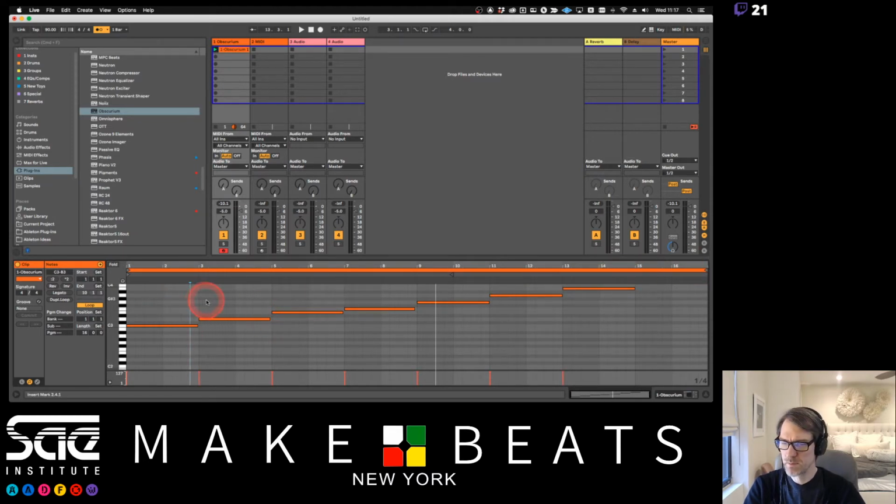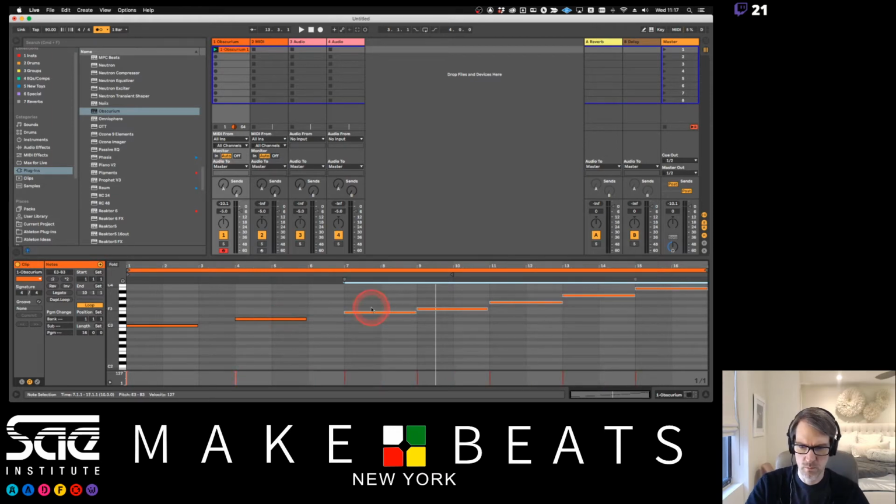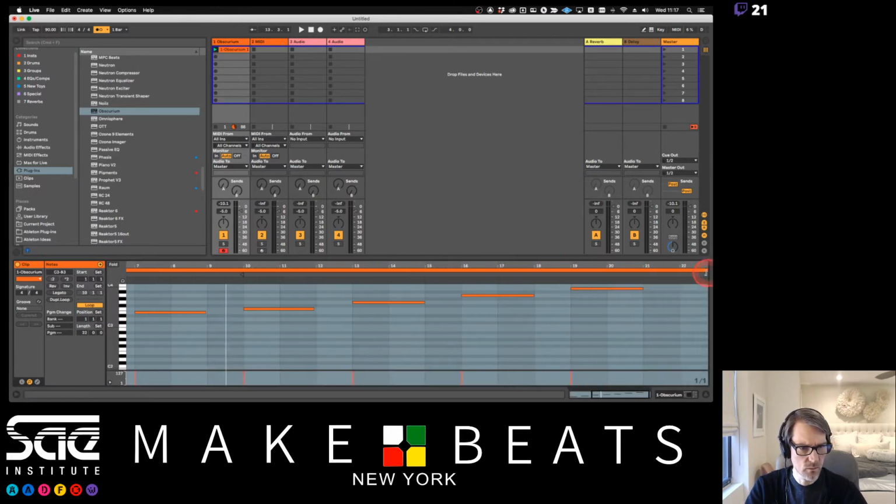And what I'm going to do is put a 1 bar space between each one of these. So I'm just going to highlight all of them and put a 1 bar space, and I'm using Shift to deselect them after I put a 1 bar space. Boom, and I'm going to put the end over here 1 bar away. So now what we've got, if I hit play on this,